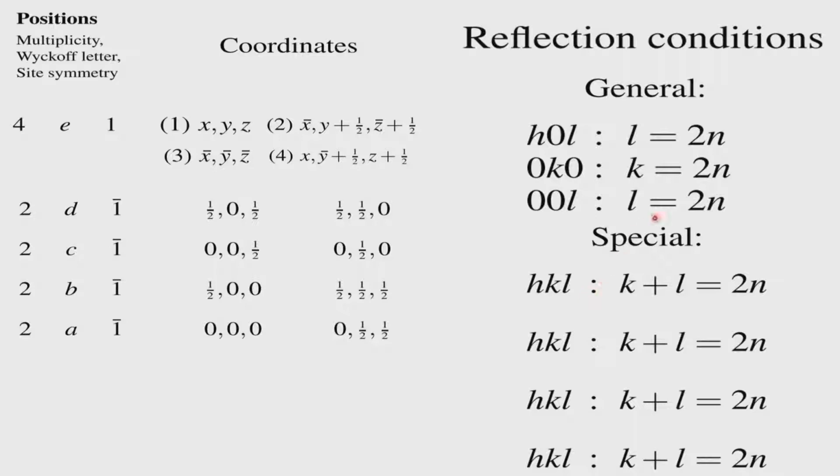So, along with the presence of the systematic absences which are written up here, the general reflections will also show k plus L equals even, k plus L equals odd, k plus L equals even, k plus L equals odd, even. All these are even when it has to be present, and therefore, k plus L even will make the HKL. Notice that it is with respect to the HKL. The systematic absences are with respect to the general reflections.